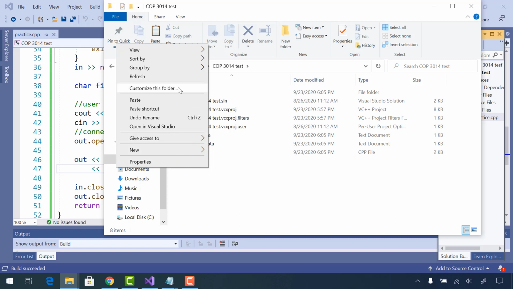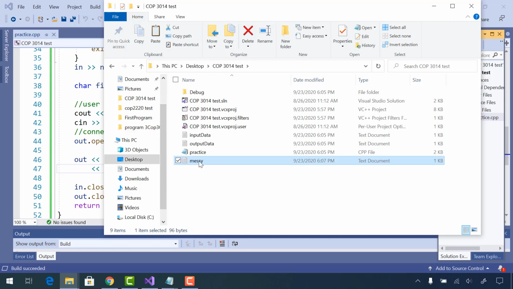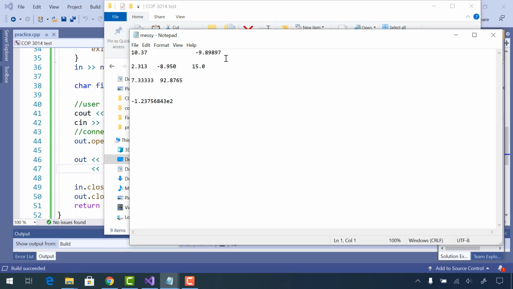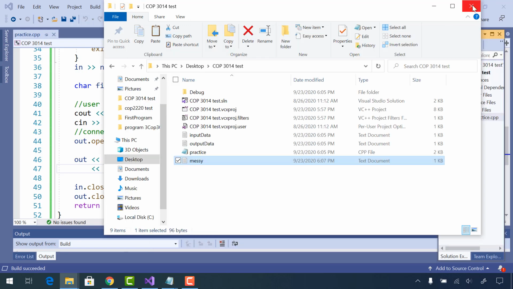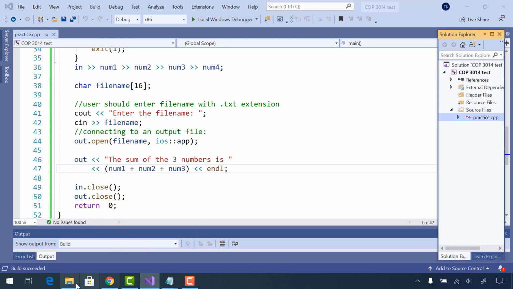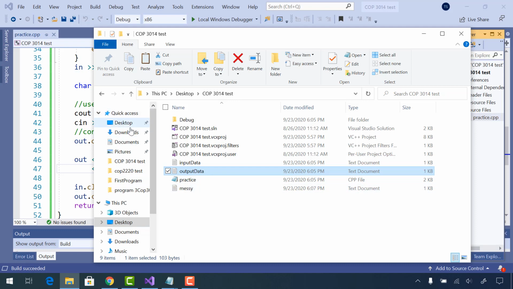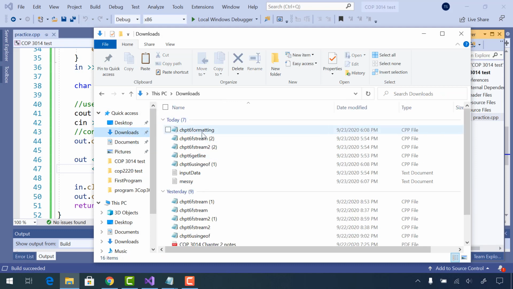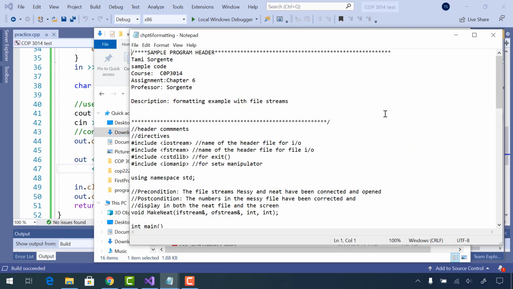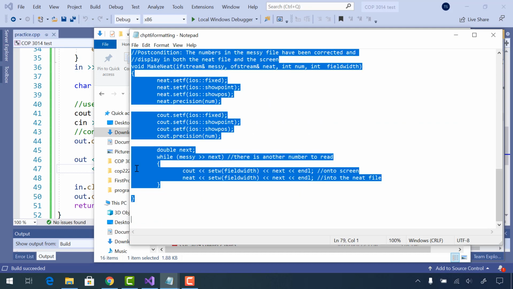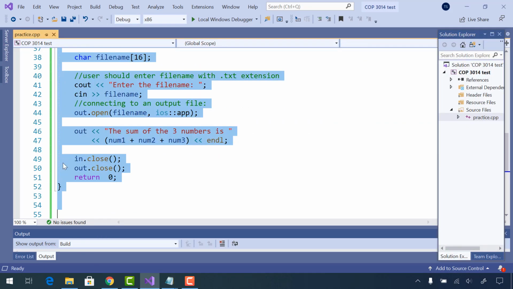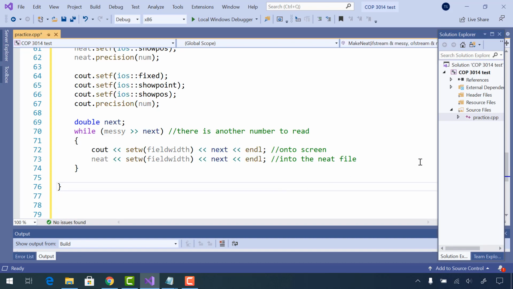So this is the messy input file that's not formatted. And there's code here that's going to format it. So let's get that code in my downloads. So I think it's called formatting. And let's take a look at this code. So this code is